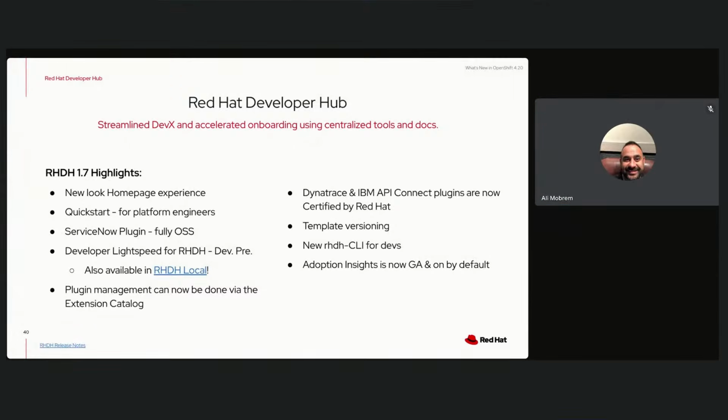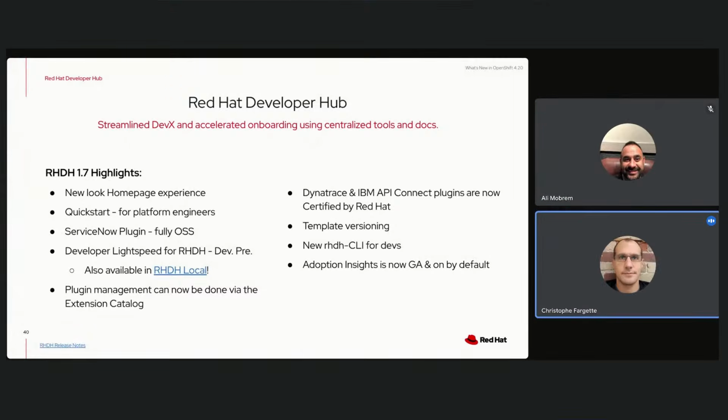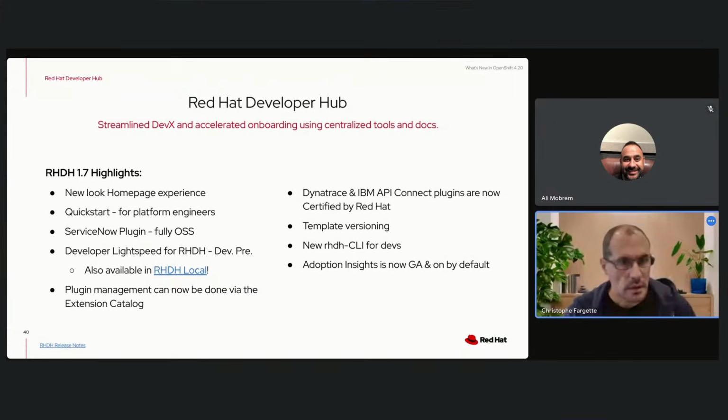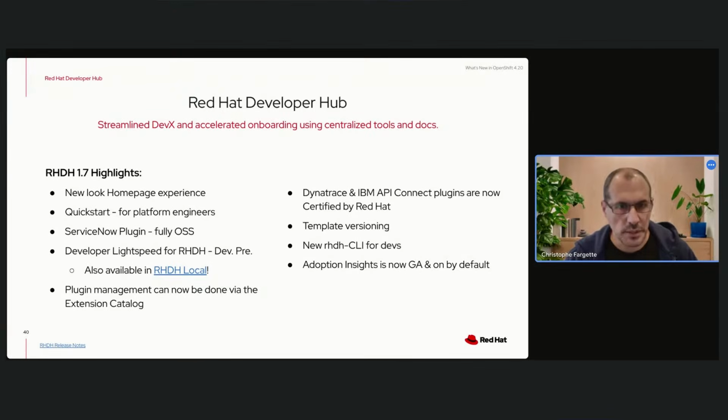Thanks. Let's dive into the high-impact features of the Red Hat Developer Hub 1.7 release. First, let's look at the experience. The 1.7 release brings a fresh, new look and feel to the Developer Hub homepage. And for our platform engineers, we've introduced a quick start guide to get RHDH configured and running in a breeze,